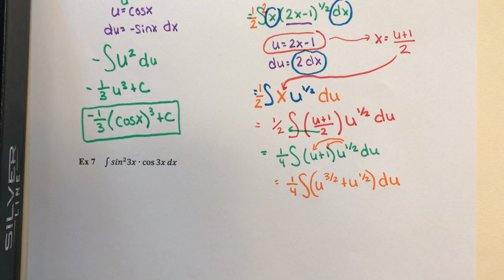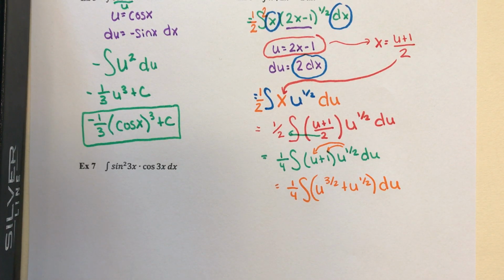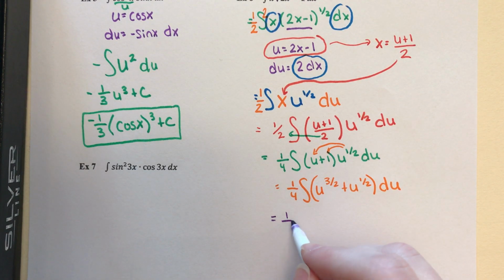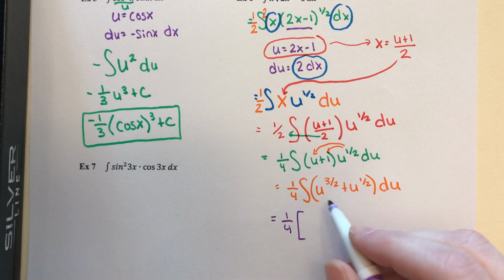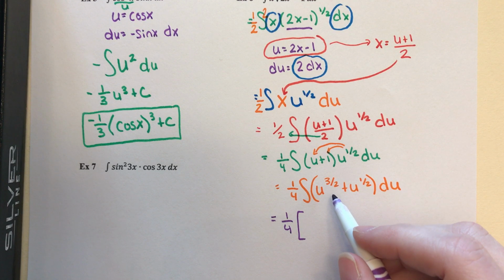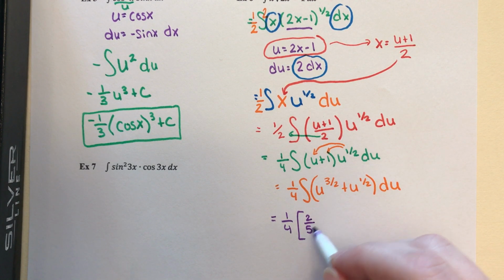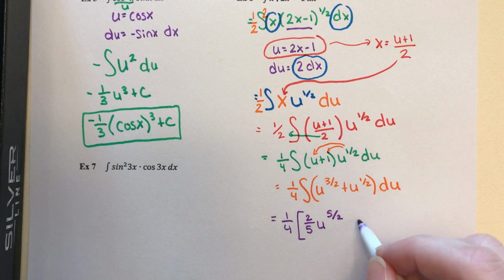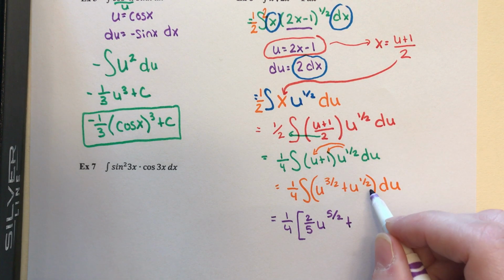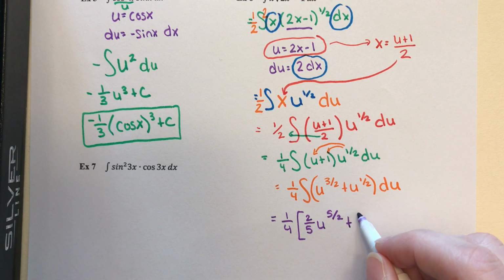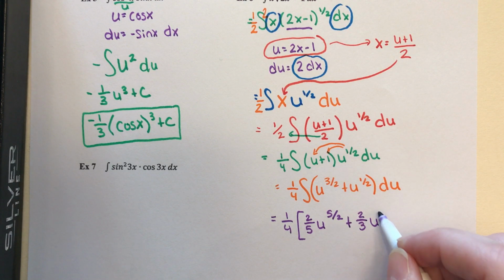And we're finally ready to take that integral. So I'm going to add and divide. I'm going to bring down this 1/4. But adding and dividing, adding 1 to 3/2 gives me 5/2. So 2/5 u to the 5/2. Plus adding 1 to 1/2 gives me 3/2. So 2/3 u to the 3/2